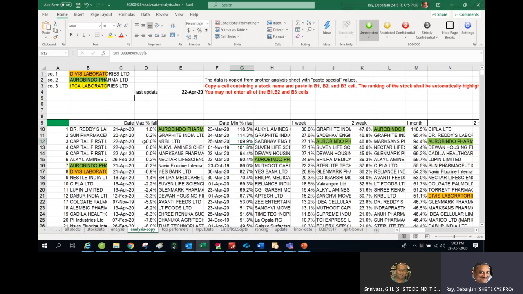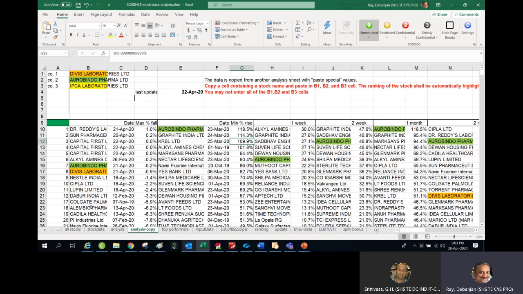This Excel sheet will give you a guideline on which stocks are currently on the growth path, so you can invest more in those stocks.